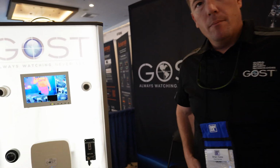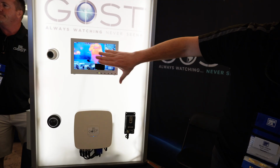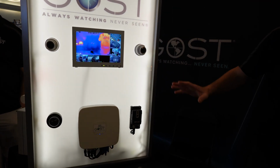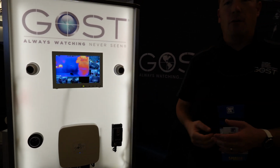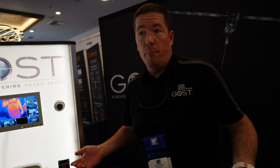Okay, and this is kind of an example you have right here? Yeah, exactly. This is our video recorder in concert with some thermal cameras, some regular cameras. We also do wireless security systems on the other side, where you can put sensors all over your boat, things like door contact sensors, beam sensors, because marine electronics are very expensive, and most people aren't on their boat all the time, unfortunately. So, weekend warriors and things like that. When you're not there, you want to make sure you know what's going on, and get that alert if someone breaks in and tries to steal the beer off the fridge,